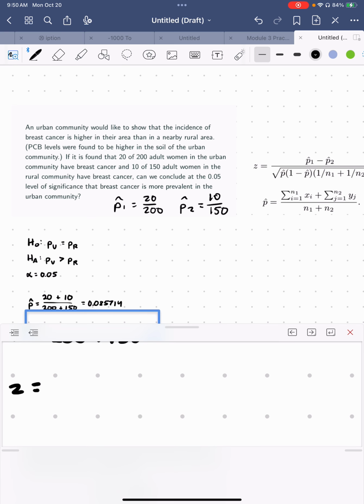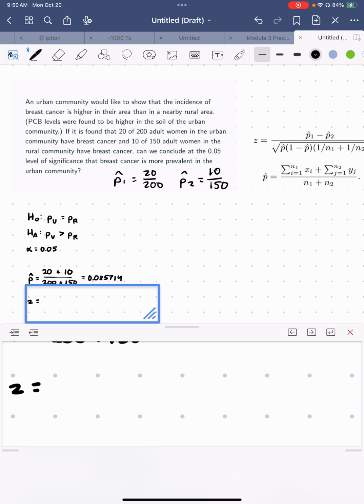So we can use those values here, and I'm just going to write it out like that. So we have 20 divided by 200 minus 10 divided by 150,